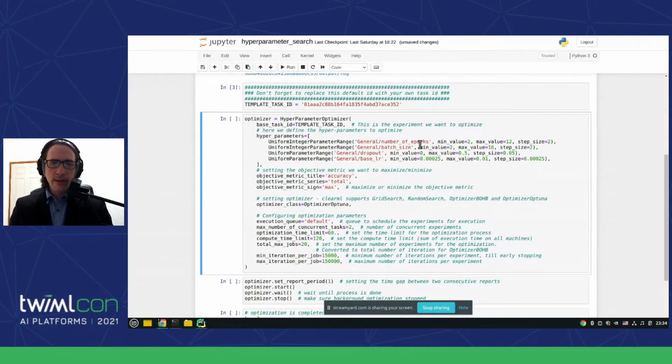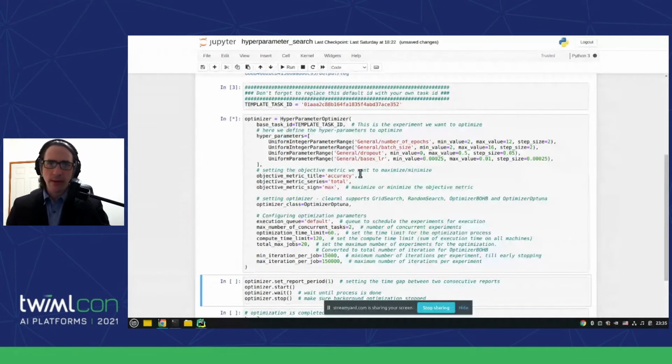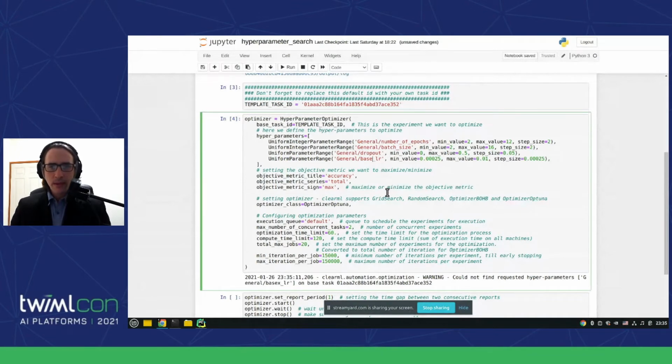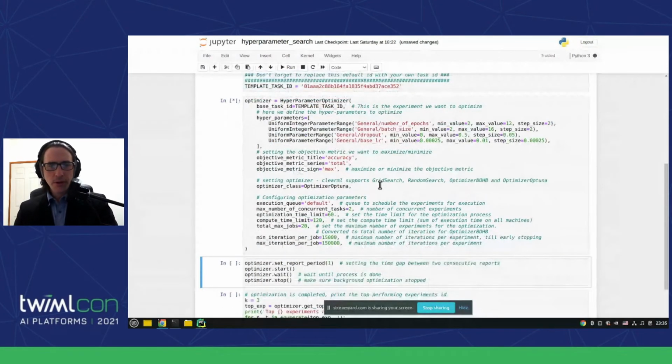But there's a layer of protection here. Let's say I make a typo here. Let's say I call it base X learning rate by mistake, and I try to build this hyperparameter optimizer object. Before even running, this will do validation for me and say, uh-oh, I'm sorry, I could not find requested hyperparameter base XLR on the base task. So you've done something wrong. That means I didn't have to execute anything just to find my bug, which saves a lot of clutter. Now I have a good optimizer object.